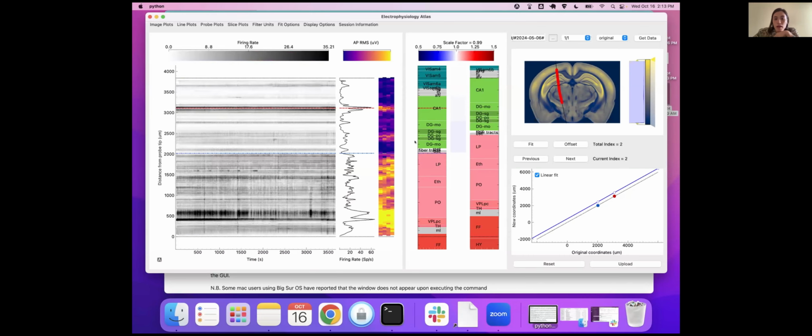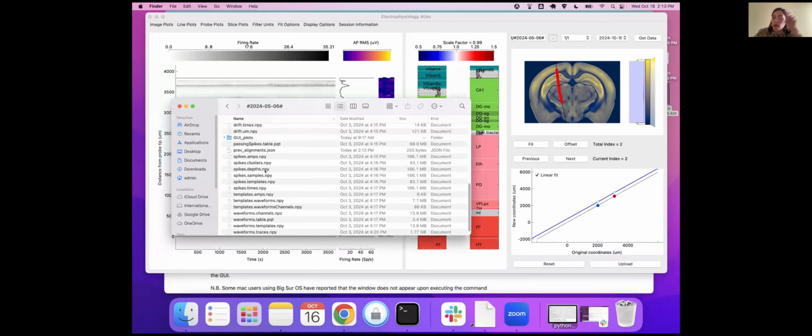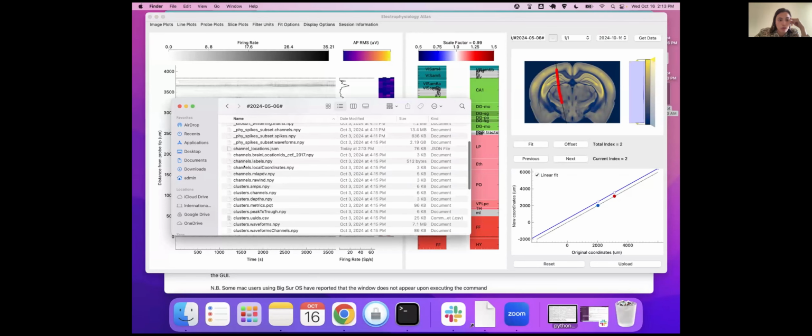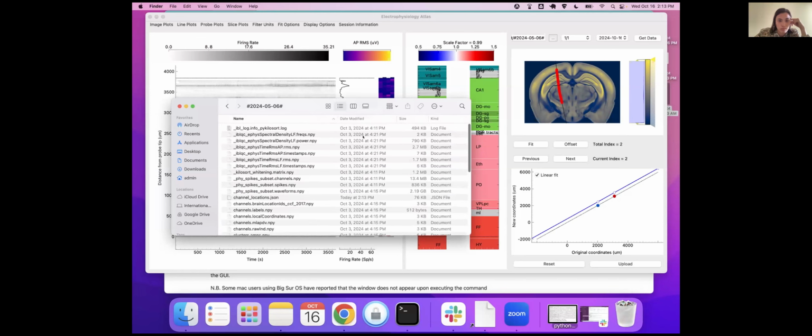Yeah, I think to be honest, that's about it for this example. I think I might just use these two reference lines as my fit. And once I'm happy with that, I'm going to hit upload and save the channels. And what happens when you save the channels is in the file where you had all of your data present, you should get this new file called channel